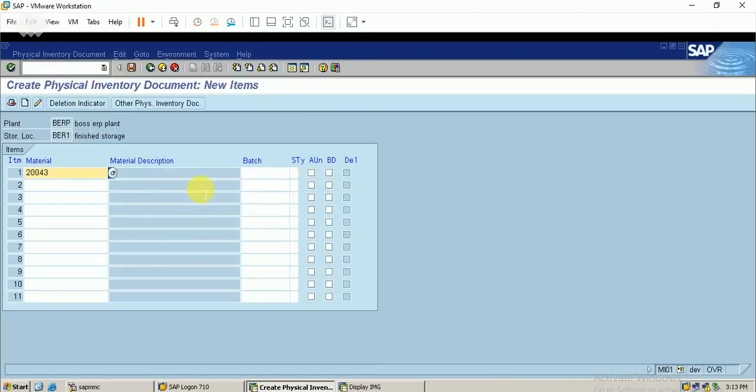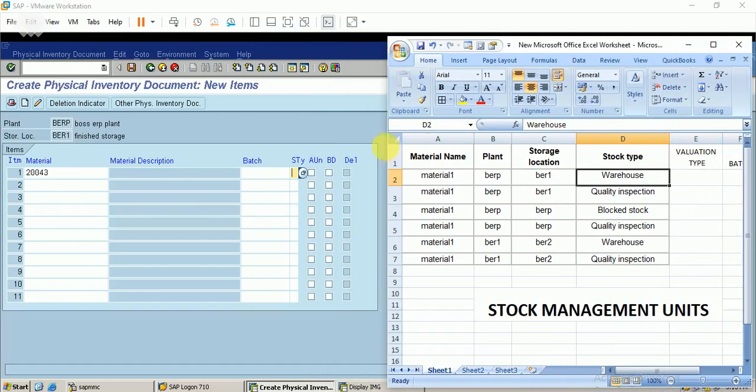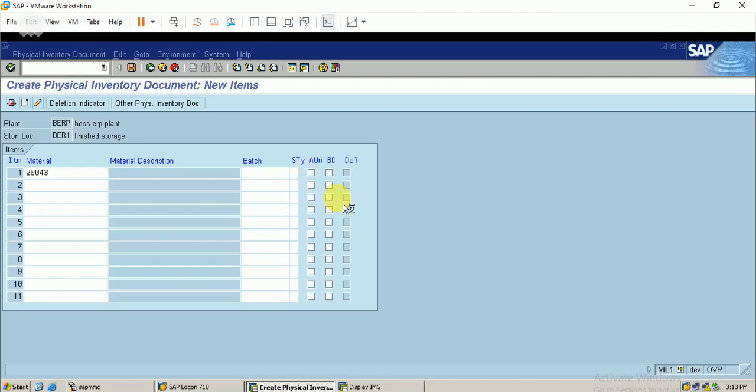So this is the stock type, as we have seen. We have maintained the material name, plant, and storage location, and now I'm going to go with the stock type. So I choose this as warehouse. You can see this. Similarly, the same material